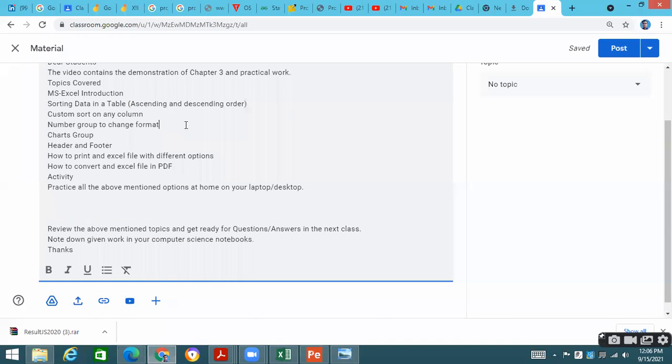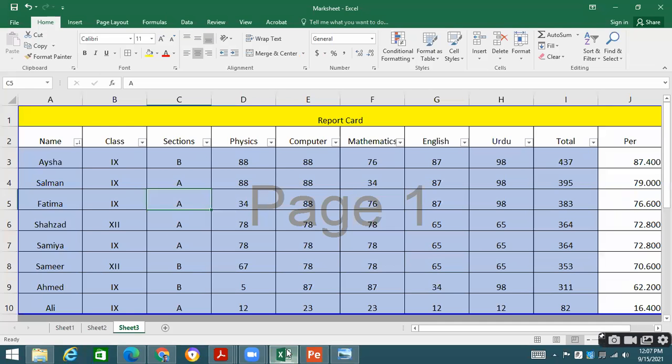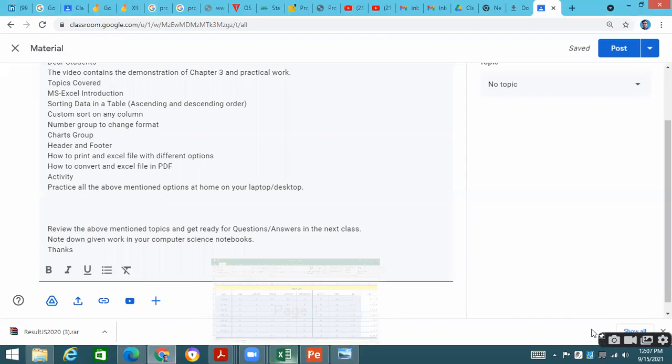I hope all the students have Microsoft Office installed on their computers. And I hope that you are practicing all these contents, whatever we are studying over here. If you have any question, please ask me, students. Thank you so much. We will see the next menu, which is basically the Layout menu, in the next class. Yes, do you want to ask something?